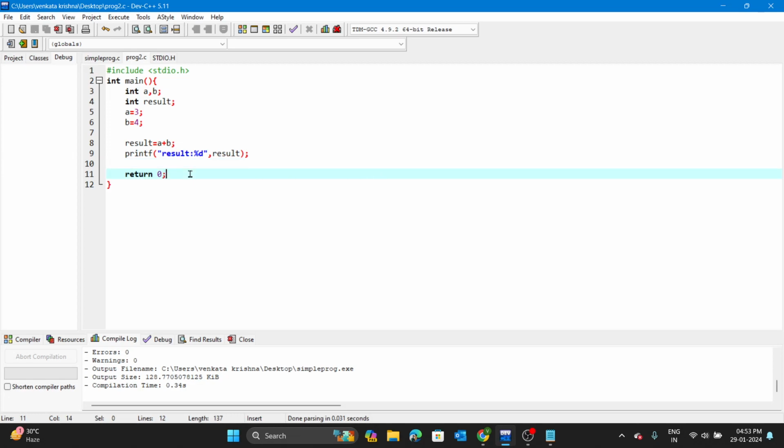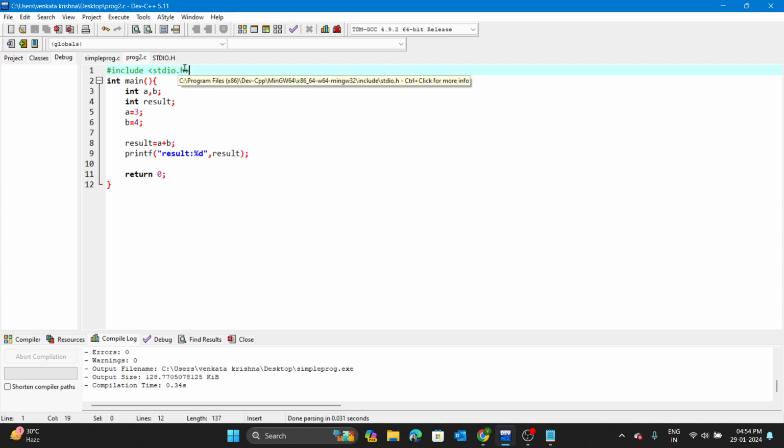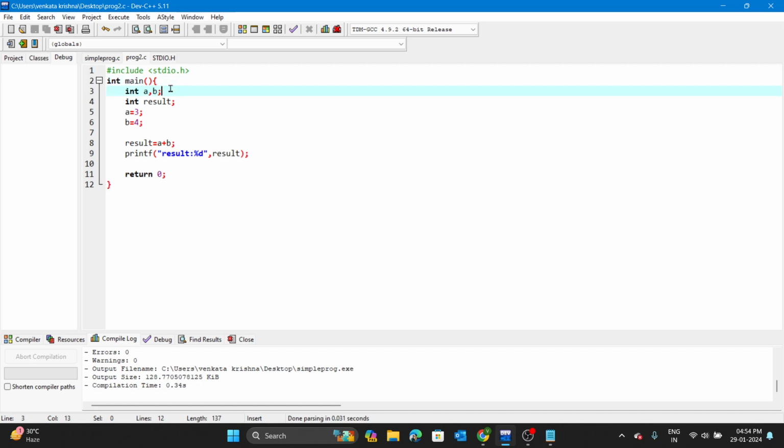Yeah, this is something like a simple C program. We will see the second program. This is what exactly I have written here, and I have included a header file that is stdio.h, which contains input and output functions. In C program, we have used input and output functions as printf and scanf, and then I have written main function, and then